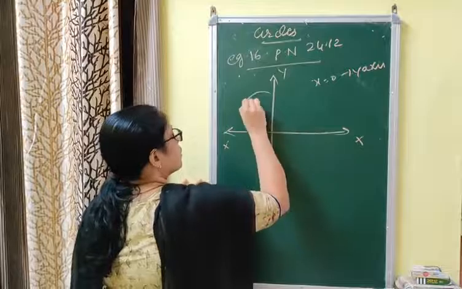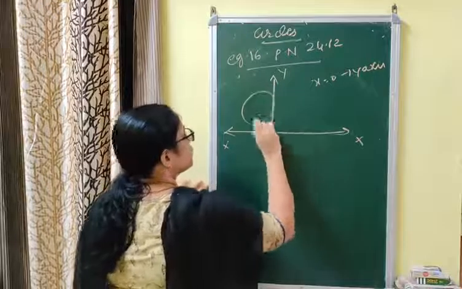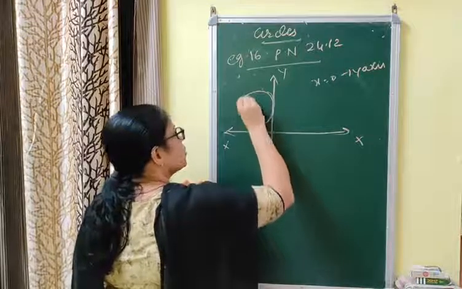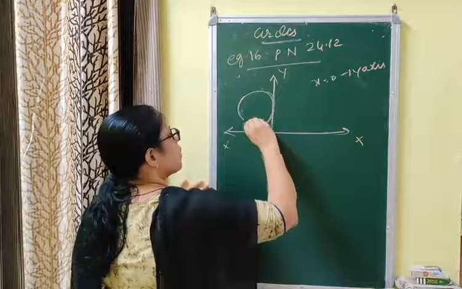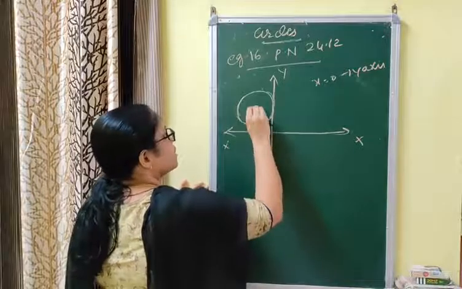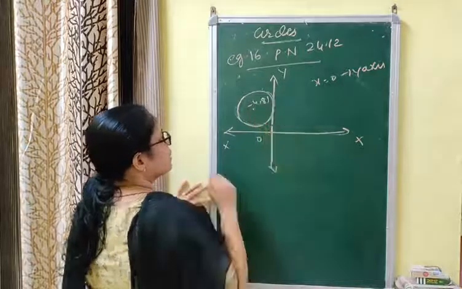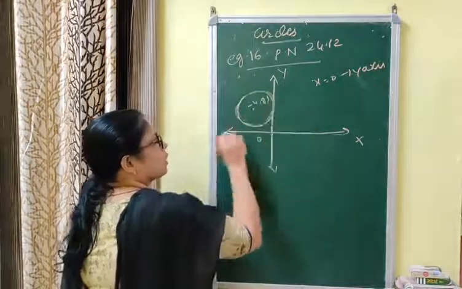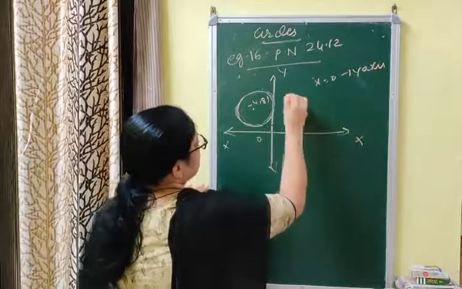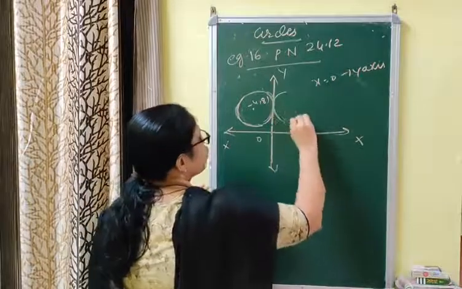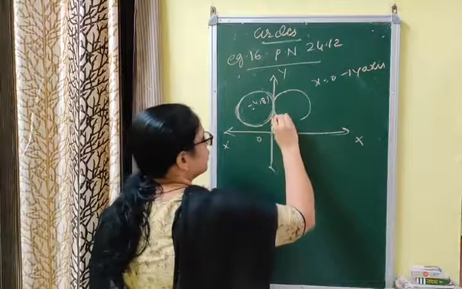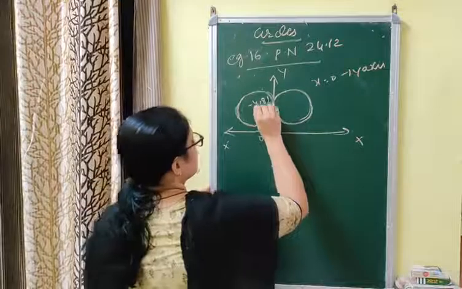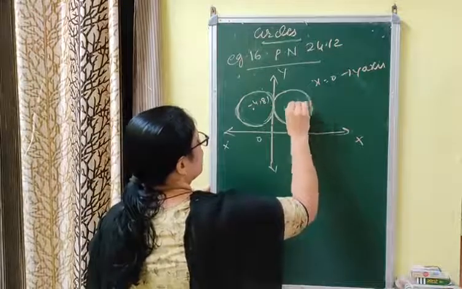Now the center of the required circle is, let me draw the figure first of all. The center of the given circle, that we have found, is minus 4 comma 8. Since minus 4 comma 8 is in the second quadrant, I am drawing like this. Now the mirror image will be on this side. Since x equal to 0 is considered the plane mirror, the mirror image in the line mirror, this being in the first quadrant, becomes 4 comma 8.